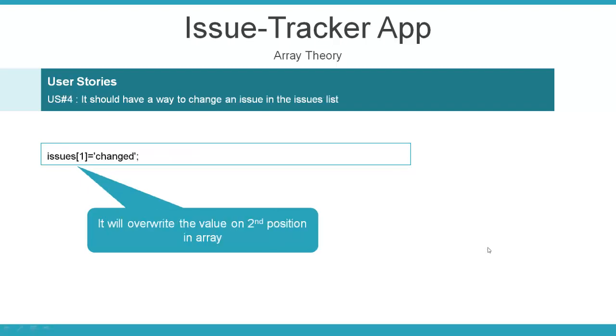Just wait and watch. Now the next thing is you want to change some data. So let's say for example, you have this array available over here, 0, 1, 2. Now what exactly do you want? Here you had already added issue 1, here you had issue 2, here you had issue 3. Now you want to change this particular issue. So how will you be changing?